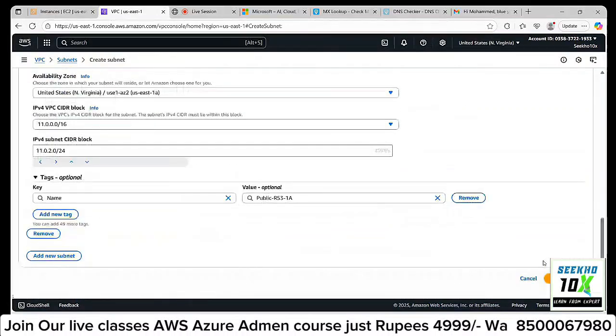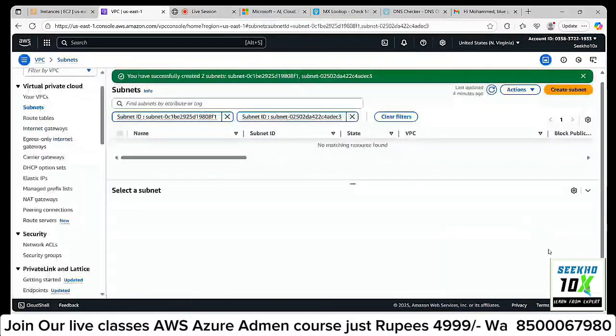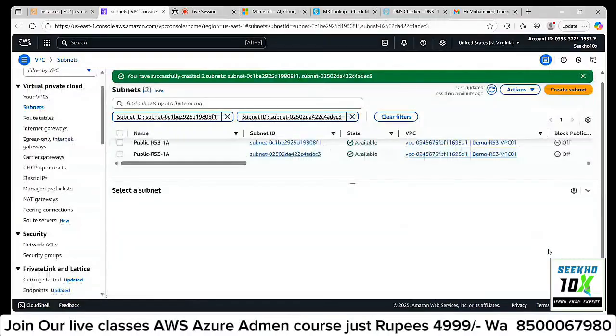So create subnets. My two subnets have been created.